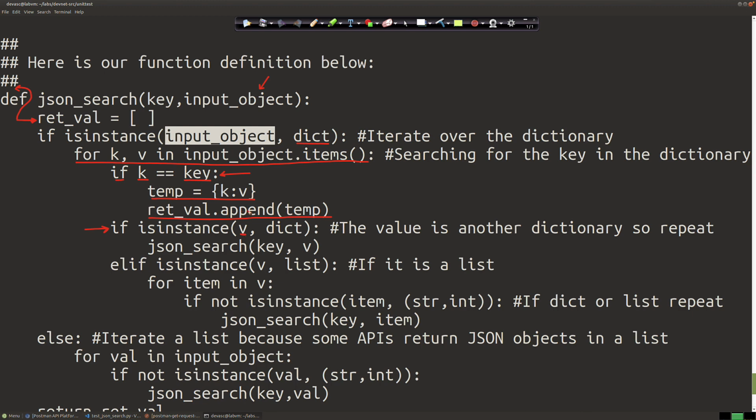Once we've appended the key value pair, we're going to dig in further. Is the value from up here, the value that this key value pair represented, does it have a nested dictionary? So is the value a dictionary? Again, using isinstance, is the value of that key a dictionary? And if it is, we recursively call the JSON search function,